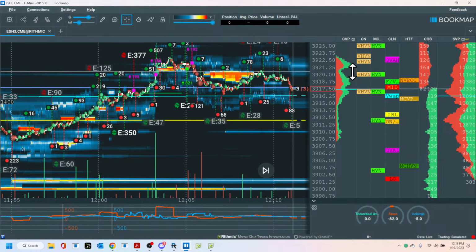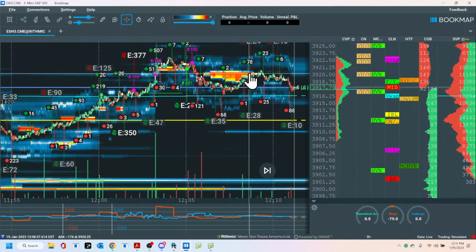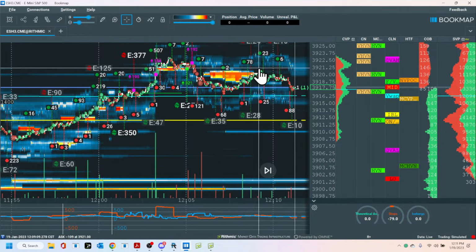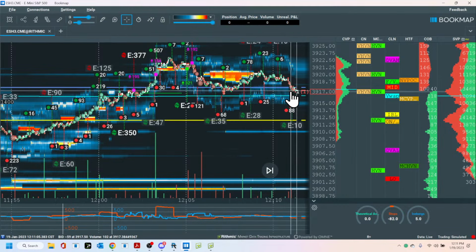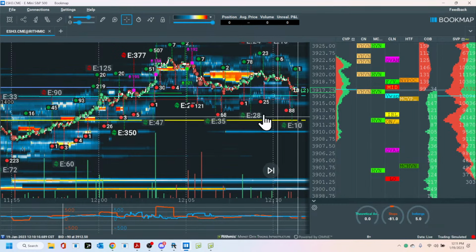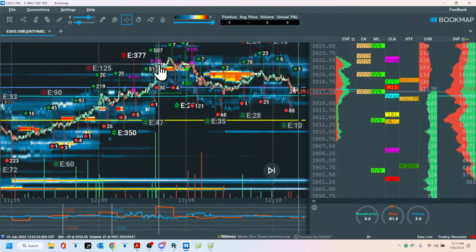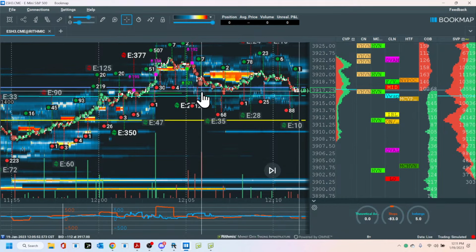My resistance is that, I keep my stop above here. Where does it come back? Under here. Resistance. And what about these guys? What happens to them? Fuel. Where's my target? Next one is here. This is called, and who knows what it's going to do, mean reversion, right? So that was the short